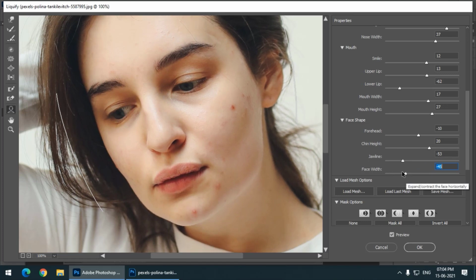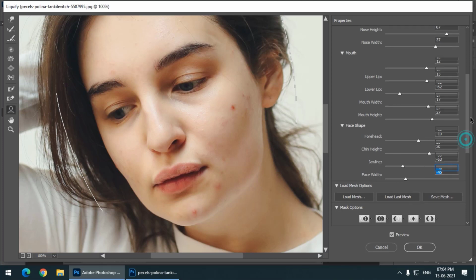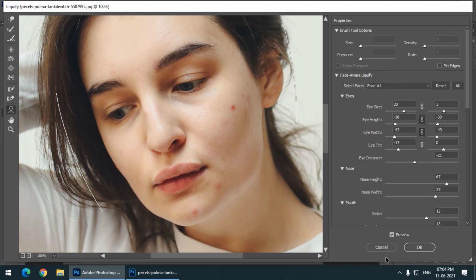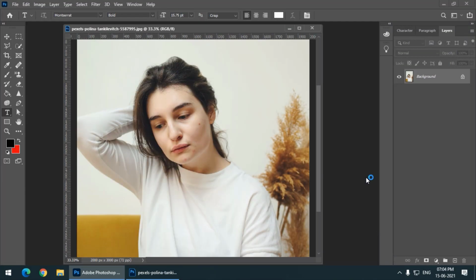So these are very important options if you are a photographer or something related to photography. Mostly photographers use it for editing, mostly in modeling photography. So this is a very interesting option. Definitely I'll suggest you to check it out and do some experiments with it and try it on various photographs, like photographs taken from various angles of the face maybe, and you will find some new things if you practice yourself.